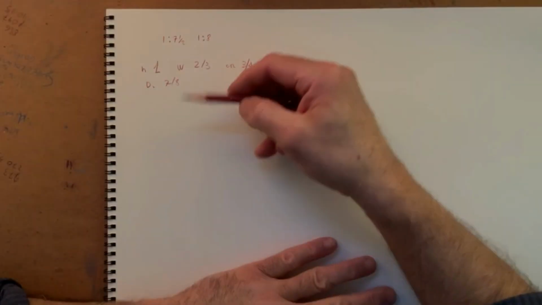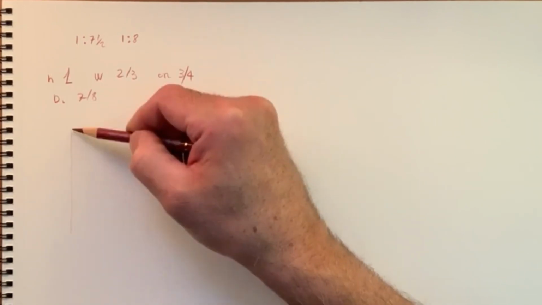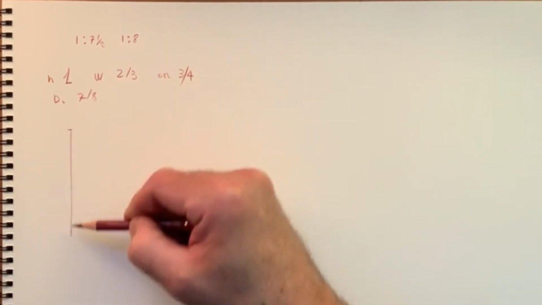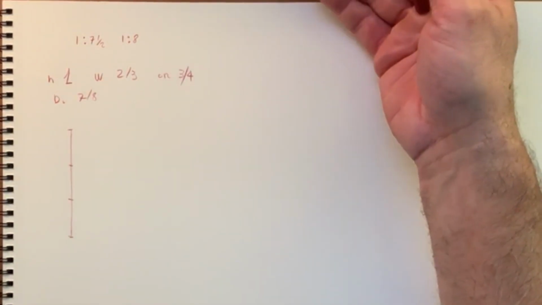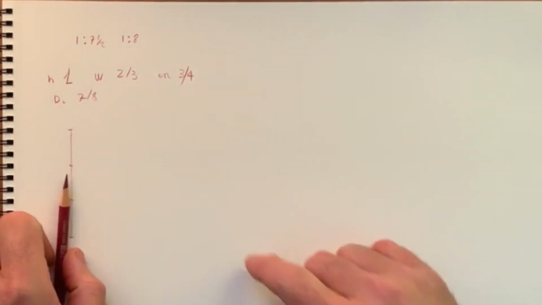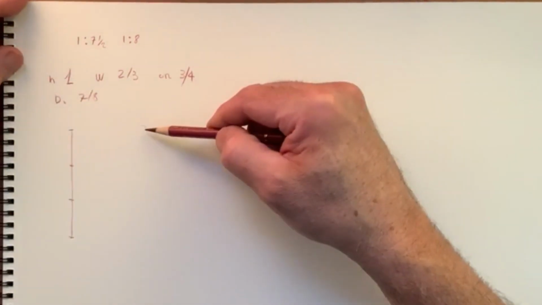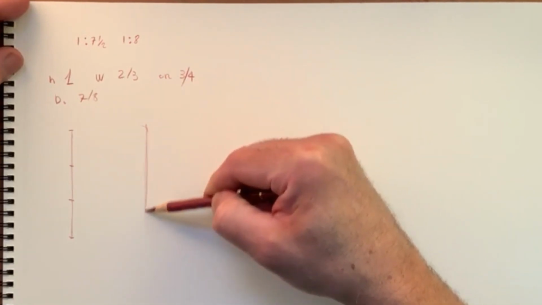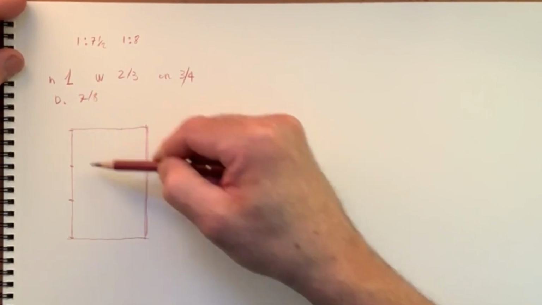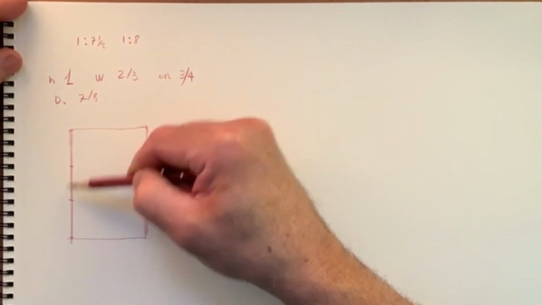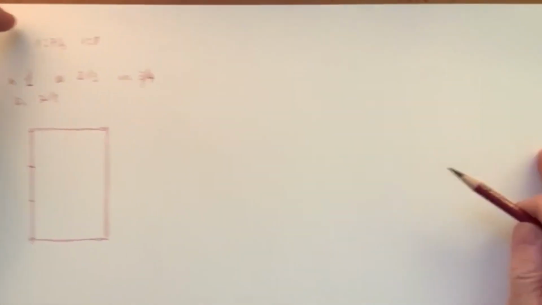right? What does it mean? It means that when I have the head, I draw my height, decide my height, eyeball it in 3 equal segments, or I do what I did before, right? Take now 2/3 of this and put it here, and now I have the ratio height to width of 1 to 2/3. This is one type of head, right? It's not that people are either or, right? But I'm gonna show you later what this means.